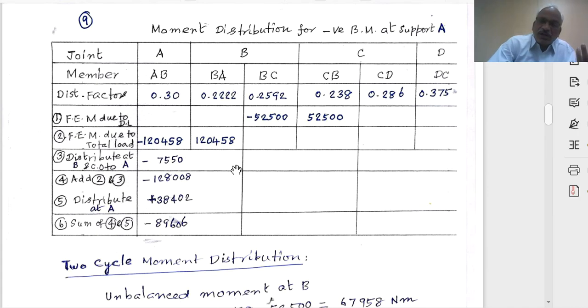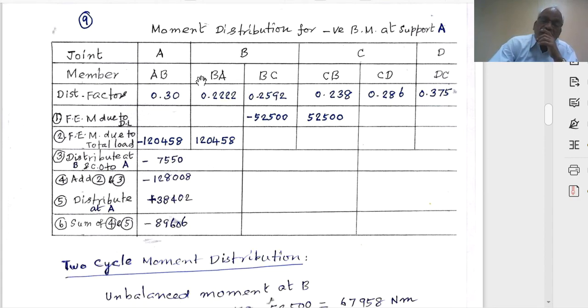Therefore, that need not be written, because we are not bothered about BA. Therefore, there is no need for distributing this moment to AB and then carrying over to this. We are concentrating only on AB. Right. So, therefore, the distribution here is not shown. Not shown. But when we do distribution in B,